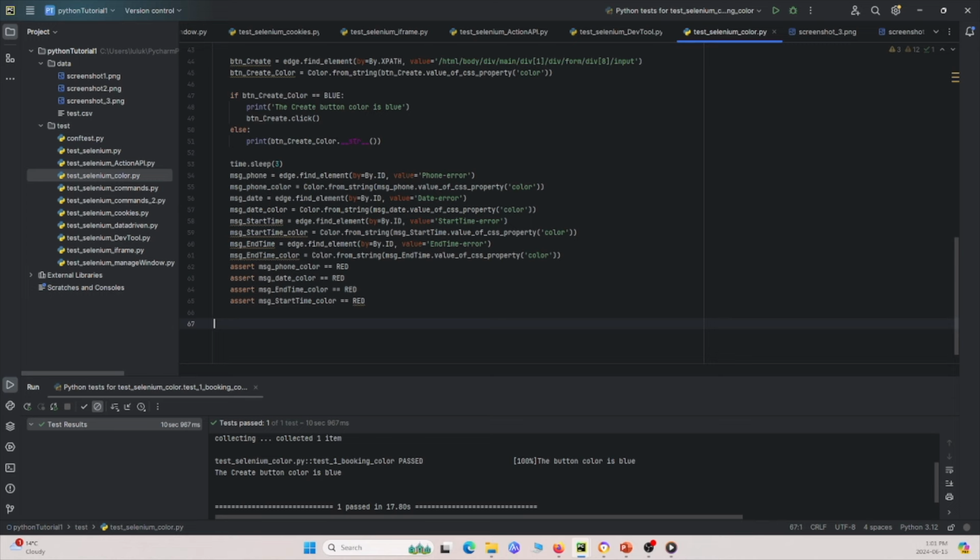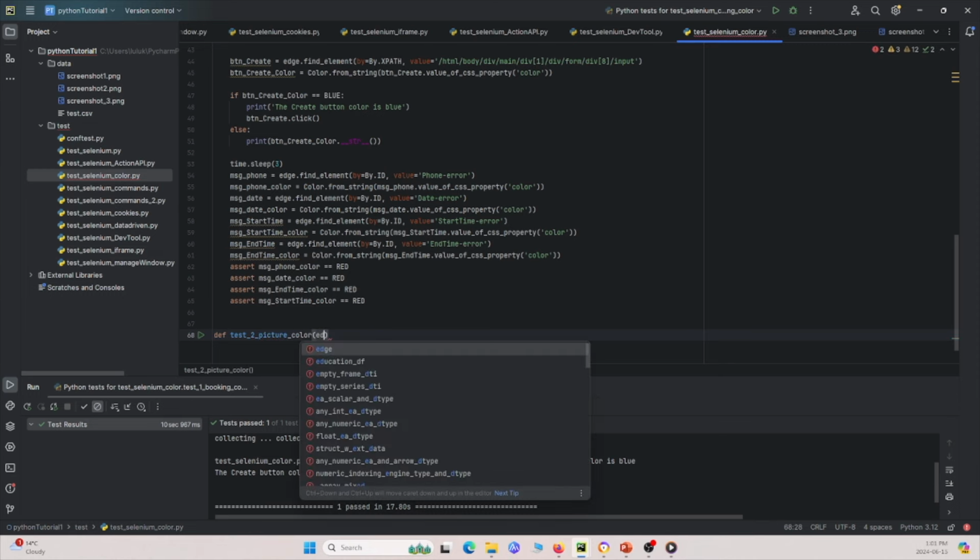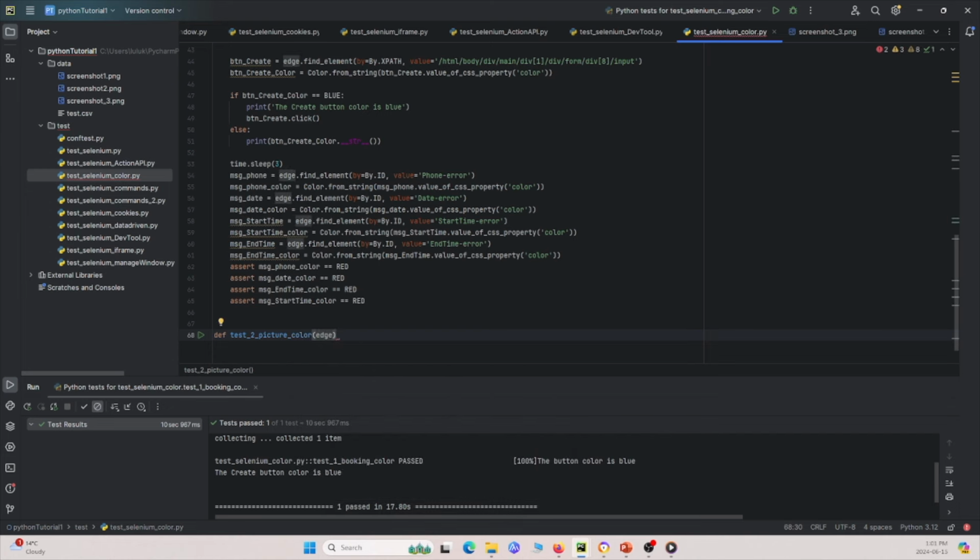We're going to show you another example. This one we're going to call test 2, and this one we're going to call picture underscore color. We're going to pass Edge into it again, so the driver. And then what we're going to do is